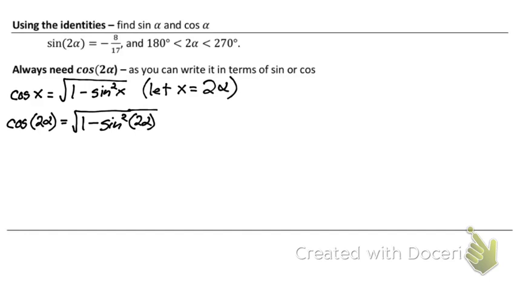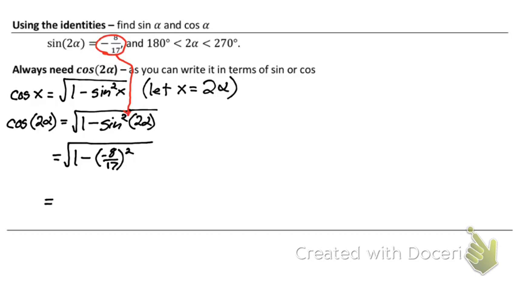And now we know sine squared 2 alpha actually equals negative 8 over 17. So we're going to replace that in there. So we're going to have cosine 2 alpha equals the square root of 1 minus negative 8 over 17 squared. Here's where you'd probably take out your handy dandy calculator. And if you do the math correctly, you're going to come up with